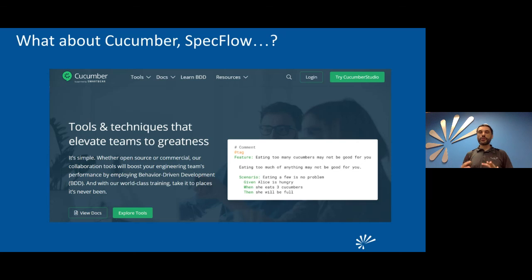Because as a developer, now I have to maintain the text representation and the code that actually empowers that notation. Because behind that text, there's something that runs, like some regular expressions to match. Oh, given Alice is hungry, there's some code that reads that and then runs some actual programming language for that. So you have to maintain both.